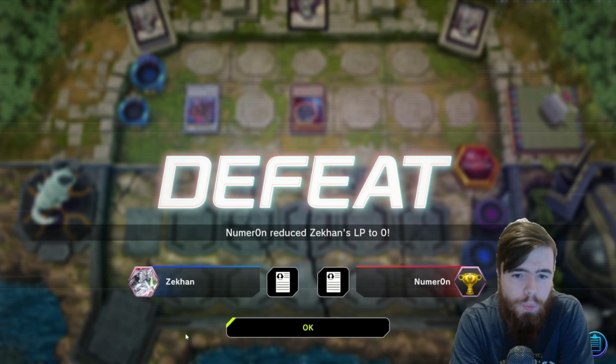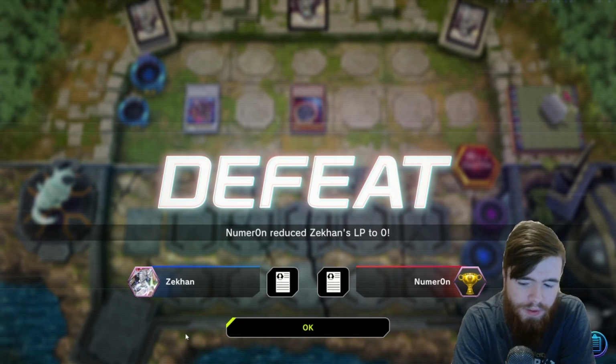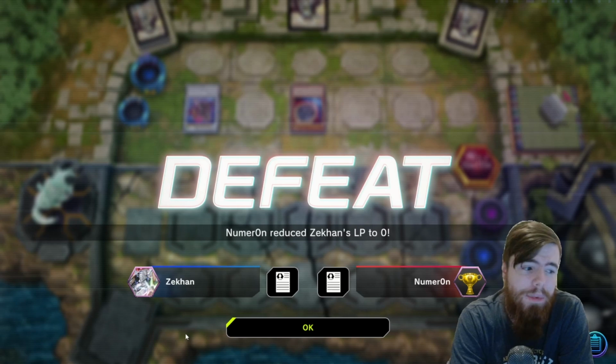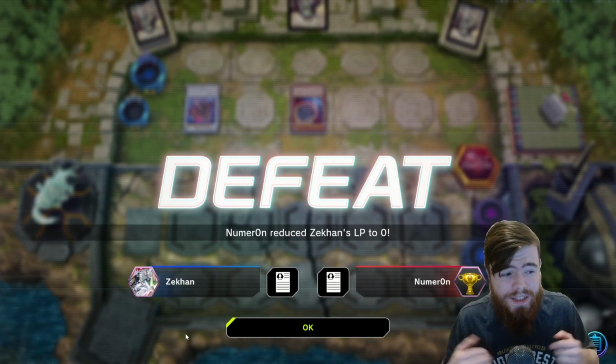But you do need to watch out for the likes of Nibiru. Not that there's very much you can do about it most of the time, but that's just life. It is what it is. But yeah, let's not waste too much time lingering on an unavoidable defeat, and let's instead get into the deck